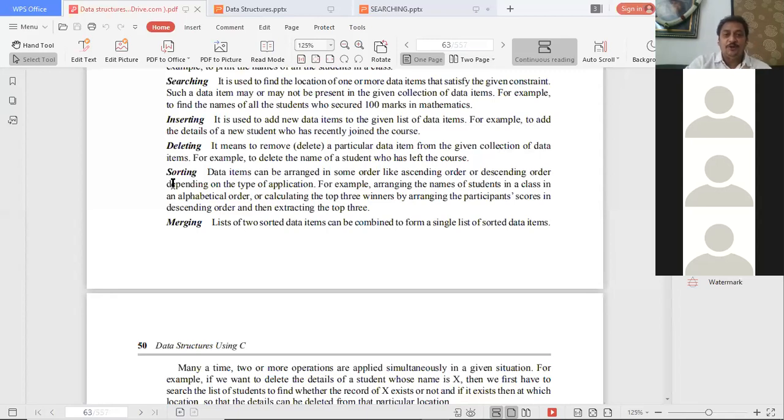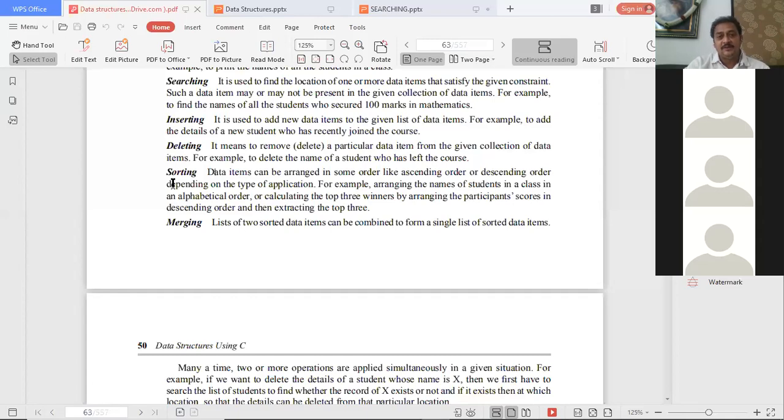Suppose you want to search roll number 30. Where do you search, in section A or section B? Section A. Why? Because roll number 30 is between 1 to 65. So if I want roll number 35 or 30, I directly go to section A, not section B. Does it reduce my effort towards searching a particular element?